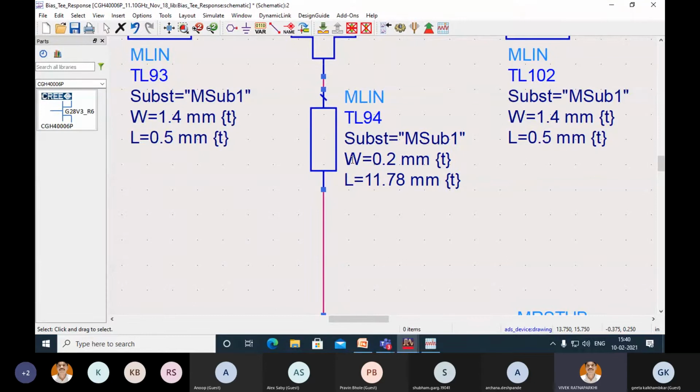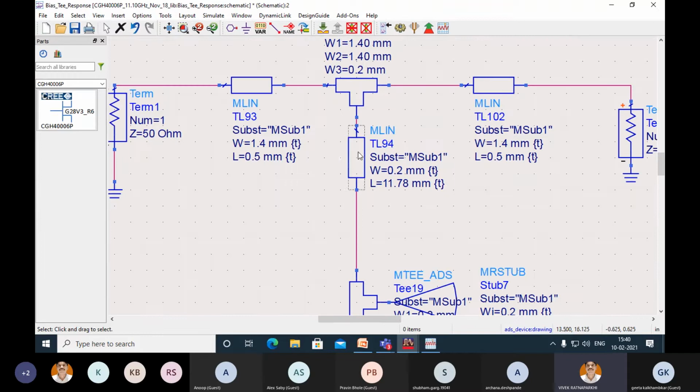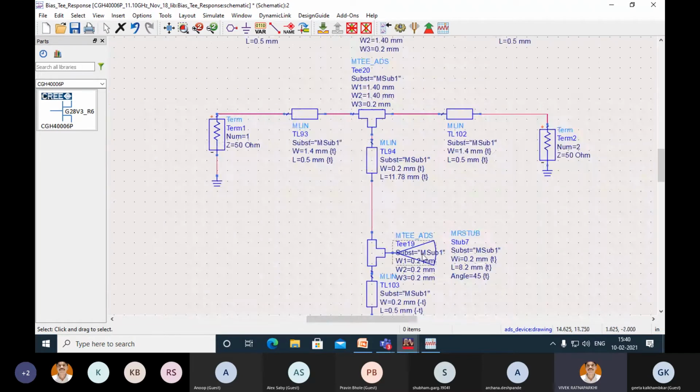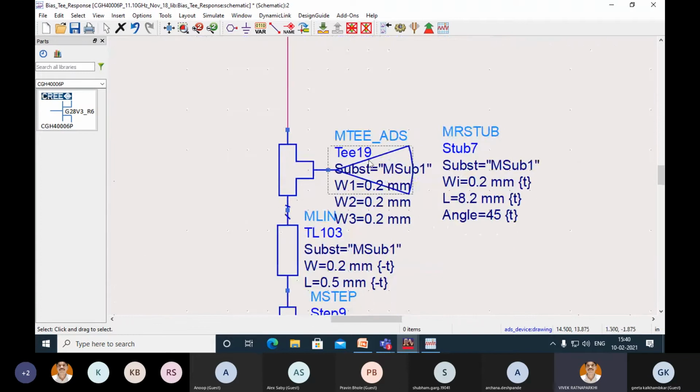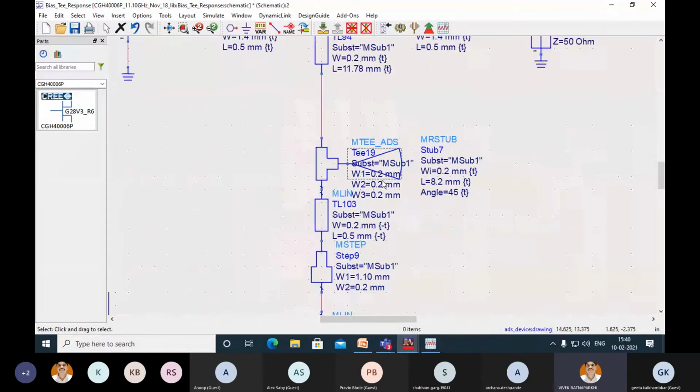But when it comes to sophisticated microwave amplifier design, you have to use the transmission line. What is the job of that transmission line? It produces an open at the operating radio frequency, and that is why your RF signal cannot enter the DC line. If it is short here, the lambda by 4 line will produce an open at the other end of that lambda by 4 line. So this is lambda by 4. Then to operate over a broadband, we have used the radial stub. Again, it is a lambda by 4 radial stub whose width can be the same 0.2, and you can keep on optimizing it for better results.